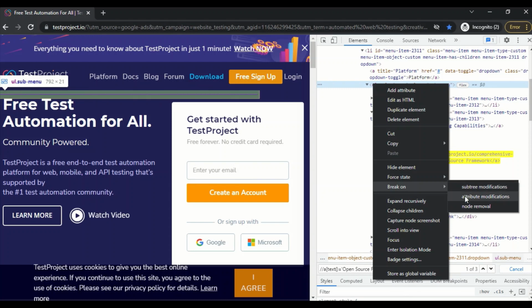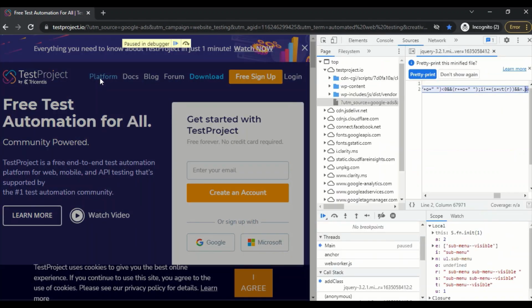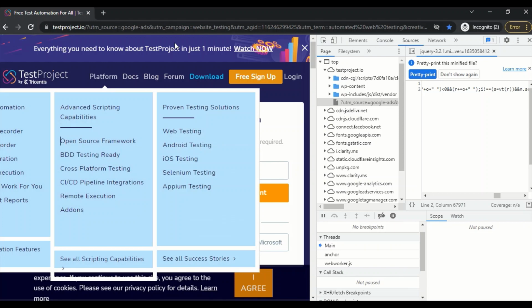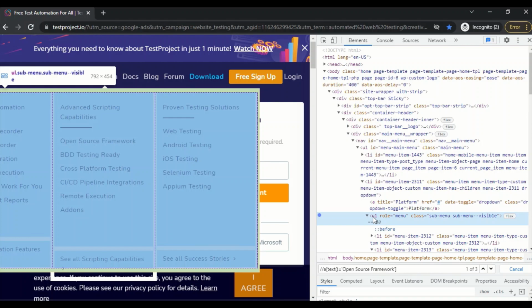But in our case I'm going with attribute modification. As you can see, I'm selecting attribute modification. Now you can see there is one breakpoint here, right? Now when I mouse over a particular menu, the application goes into debug mode, as you can see. Just click on resume, because the next breakpoint is our attribute change. It will go to our next section, which means our control. See this,